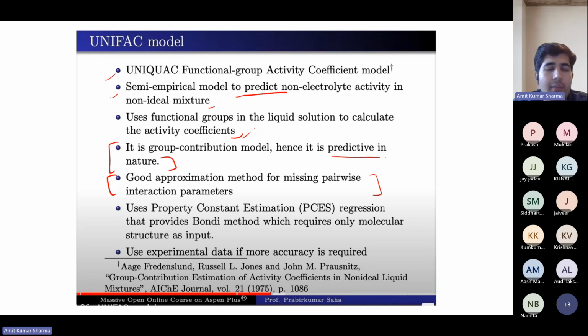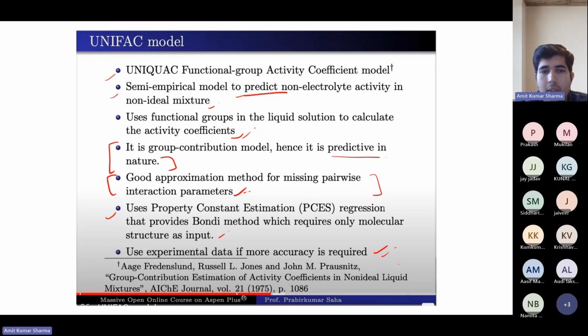Otherwise, if you are missing some interaction parameters, the results will be different. Then it uses property constant estimation, PCES regression, which provides a Bondi method that requires only molecular structure as input, and use experimental data if more accuracy is required. So it's better to use experimental data if you want more accuracy.